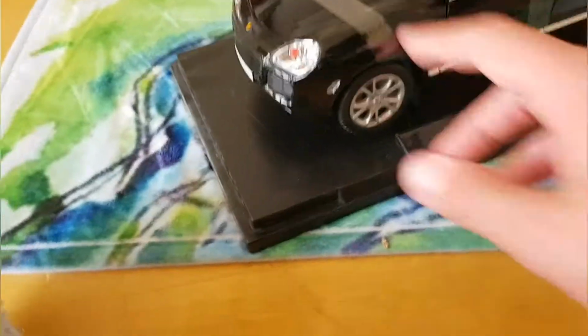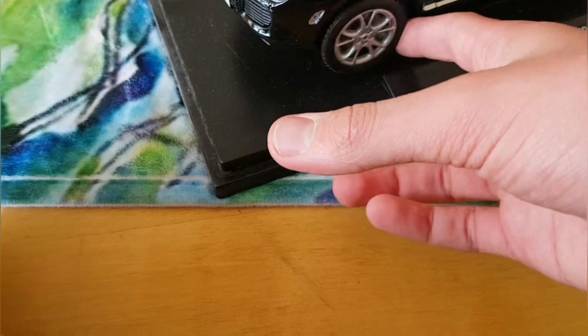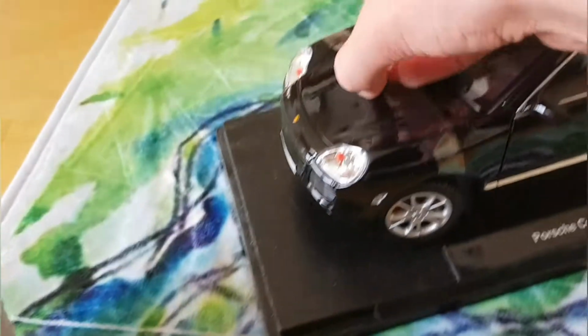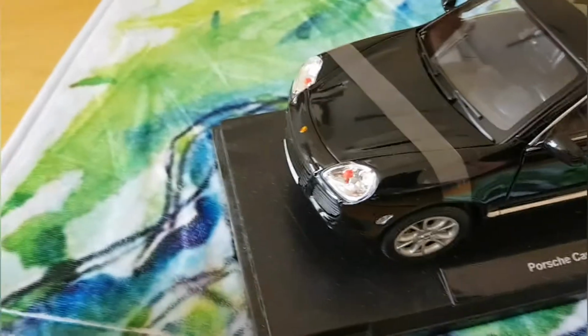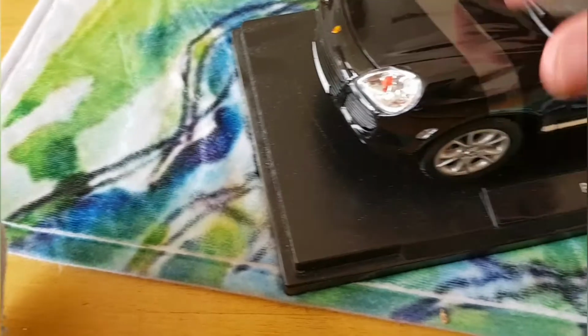Right. What is this then? This is... Oh yeah, look, we got steering as well. Pretty loose steering. Try and actually film where I'm doing it would be good. Yeah, that's just going to scratch it, so...